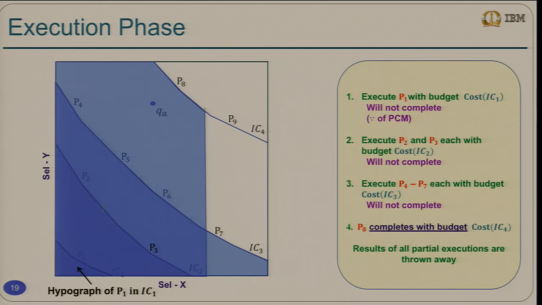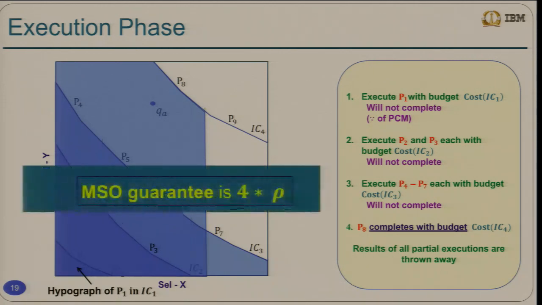So the same analysis carries through, except that at each of these contours now, instead of 2 to the I times the minimum cost, you are incurring at most rho times 2 to the I of that cost, and hence the ratio is 4 times rho, okay. So this is where the previous work was,